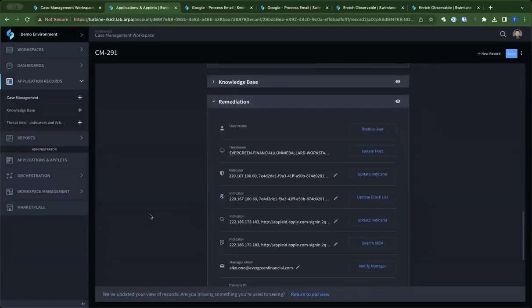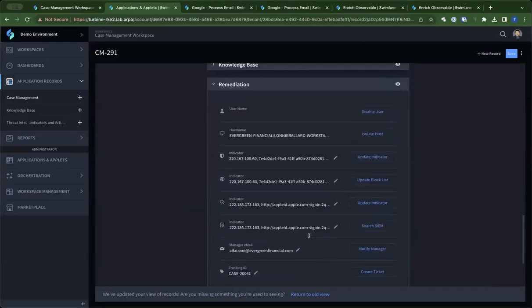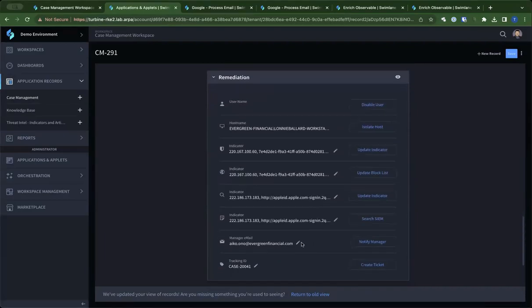Again, this could be automated, or this could be steps an analyst would take after reviewing all the information that was gathered. And really, the remediation steps are endless. We could isolate the host, we could send messages to a manager, we can launch further scans within our SIEM tools, etc. And we can even connect this to external ticketing systems if we want, so that we could notify help desk or people that are using a different case management system. But let's look behind the scenes and look at the power